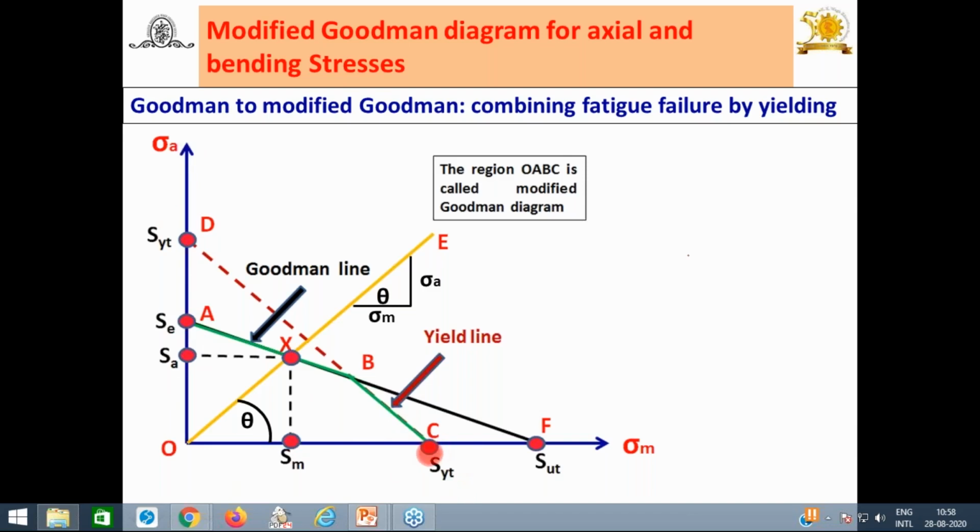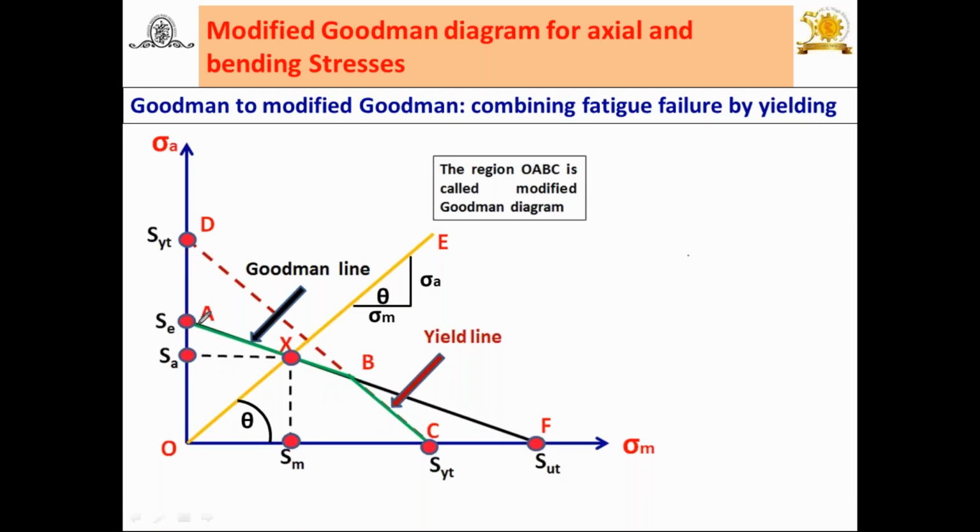So I have told you, what do you mean by Goodman line? The line from SC up to SUT is the Goodman line. Locate SC and SUT. Look at the cursor. Even though I will use the pen here, look at this. From SC up to this, what is this line? This line is nothing but the Goodman line that we have already discussed. Goodman line, write down. I am writing only Good.